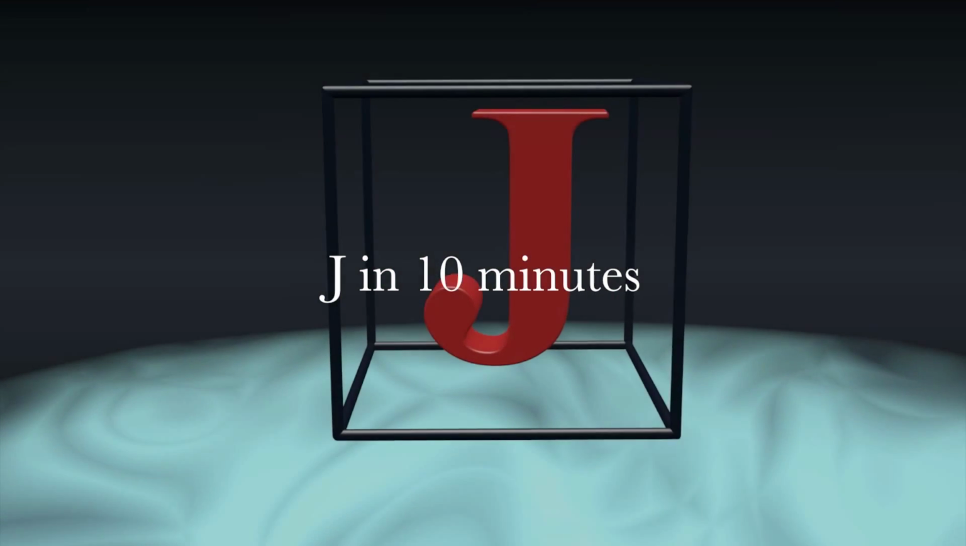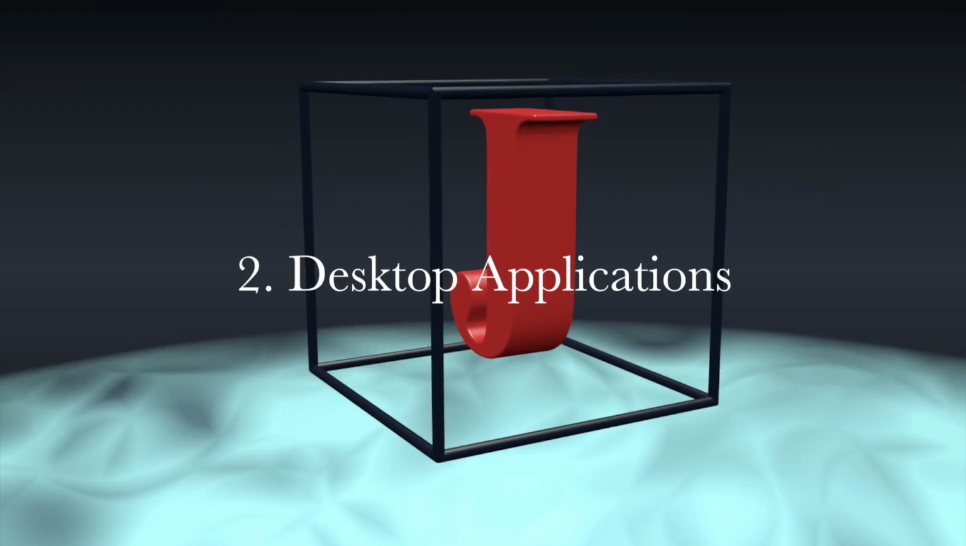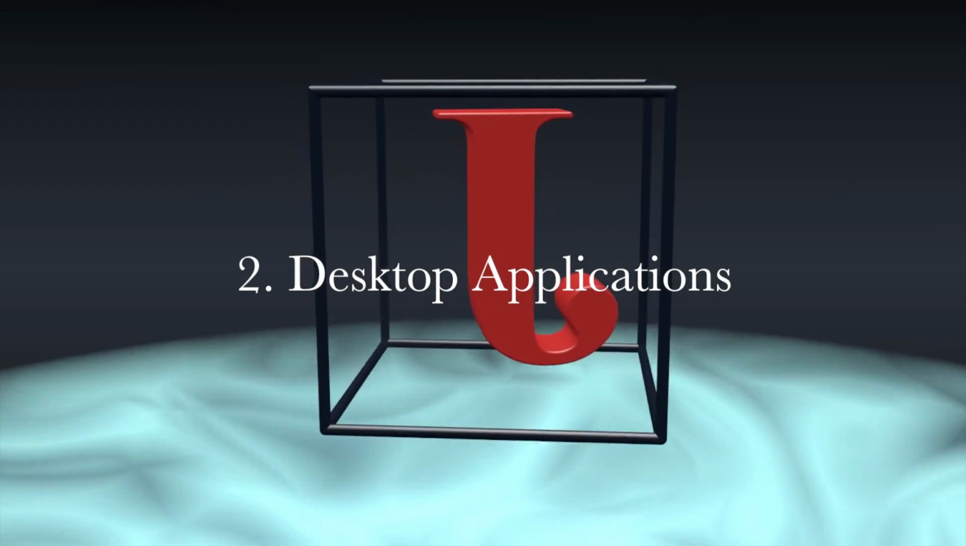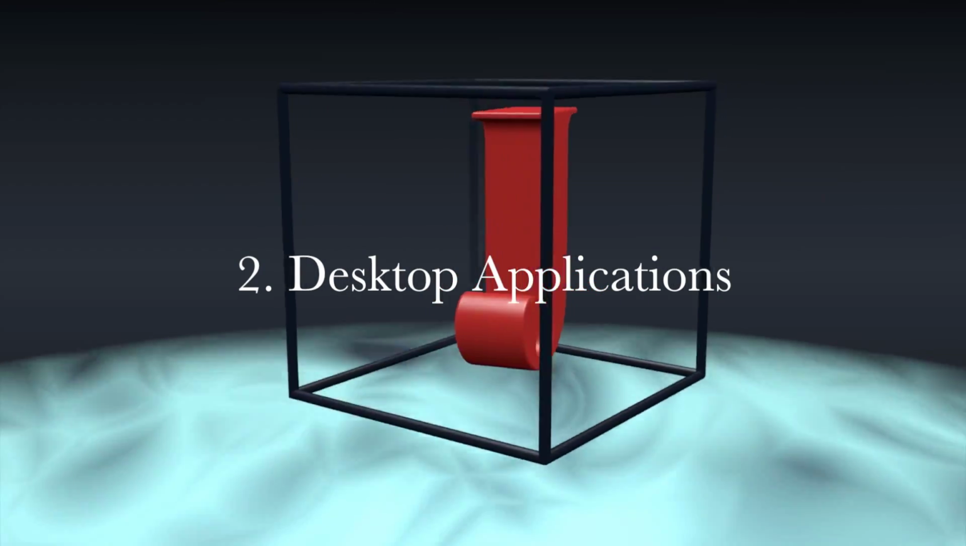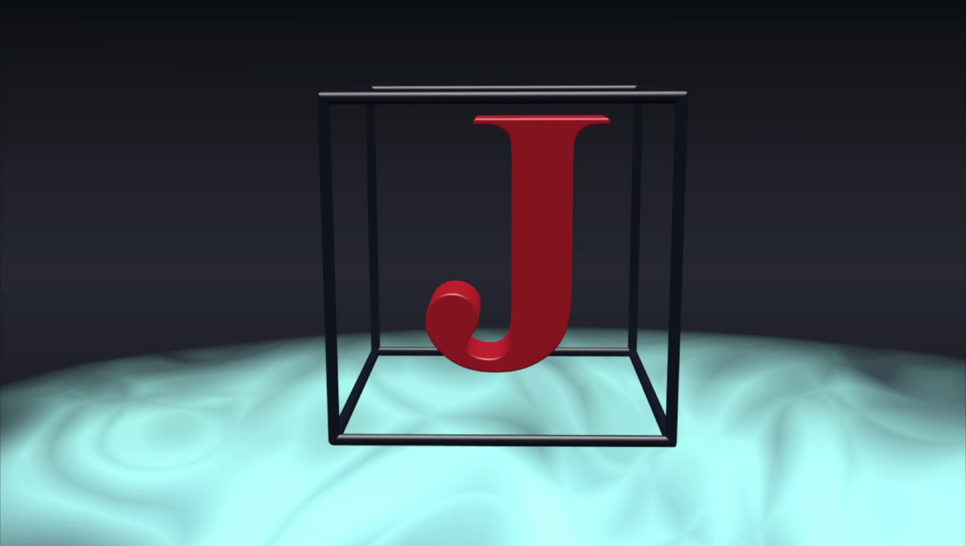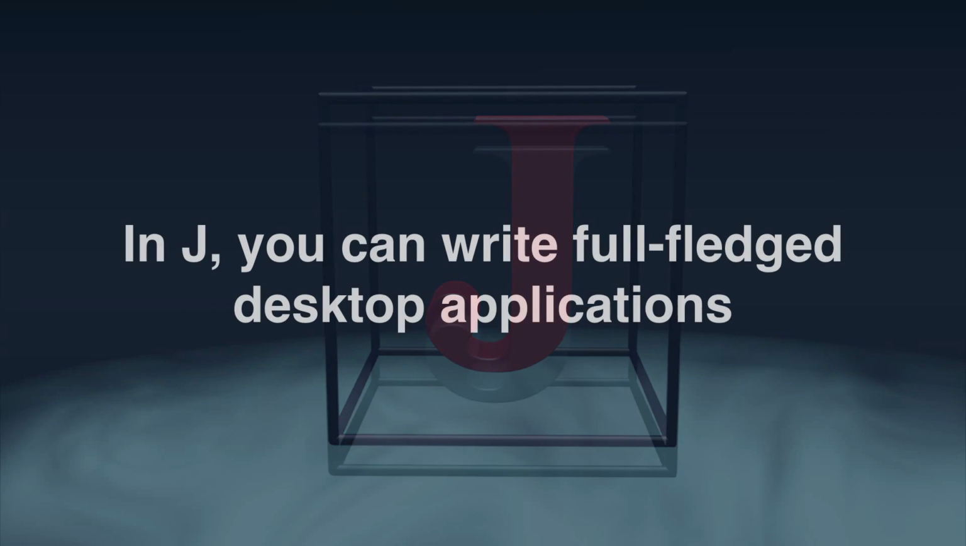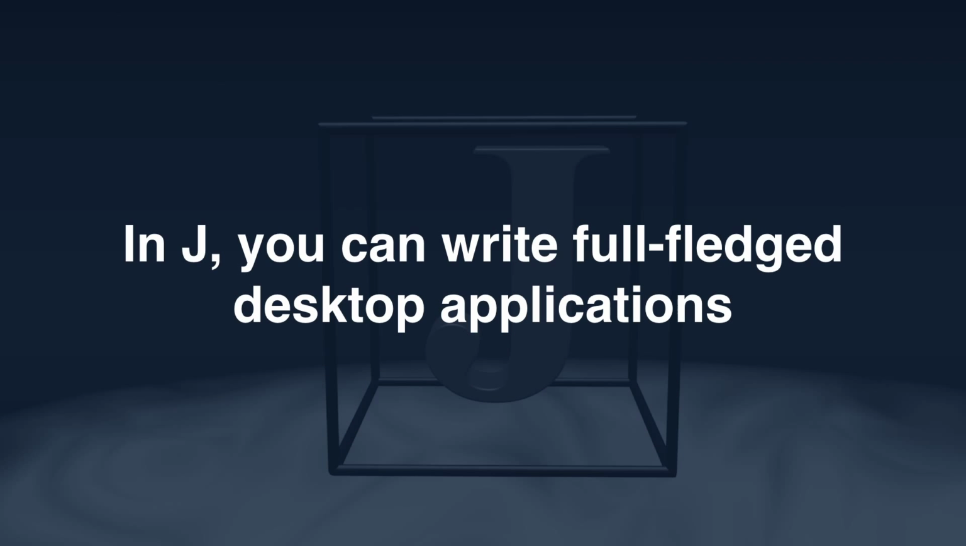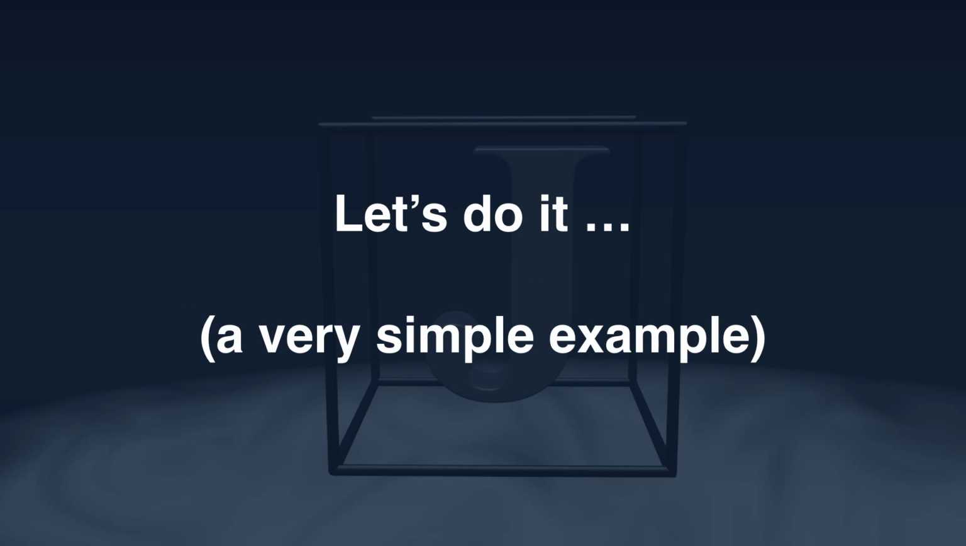J is a general-purpose, high-performance, array-oriented programming language. It is also a notation for expressing computational concepts clearly and concisely. We're going to show you in 10 minutes how to write a full-fledged desktop application in J based on the Qt User Interface Framework. First, we see an example of an interactive J session window, the version that runs under